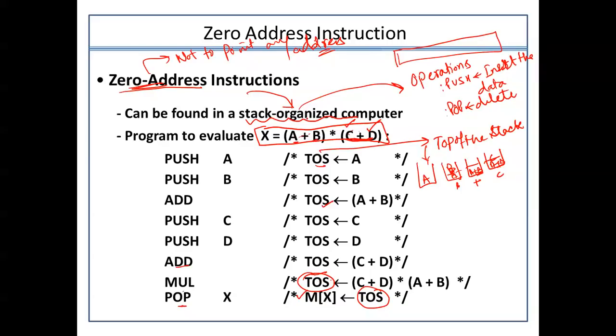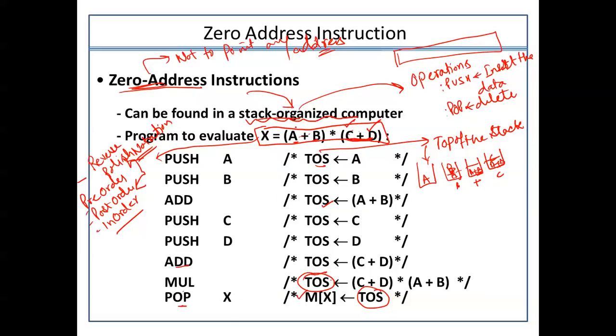Usually what happens is, if you know about the stack organization, it basically works with the postfix notation, reverse Polish notation. What does the reverse Polish notation say? There are actually 3 types of notation: one is pre-order, one is post order, and another is in order. This is how we can organize the data in the stack. This reverse Polish is equivalent to the post order notation.